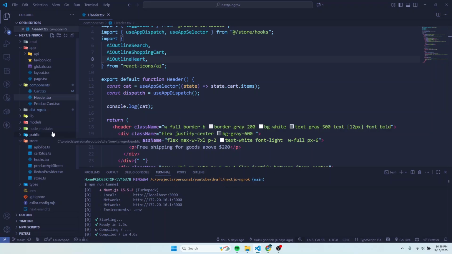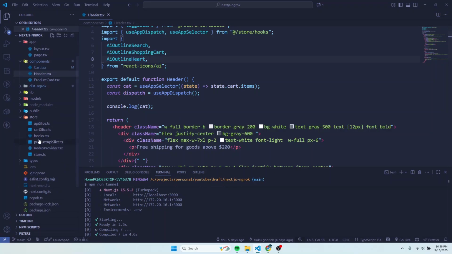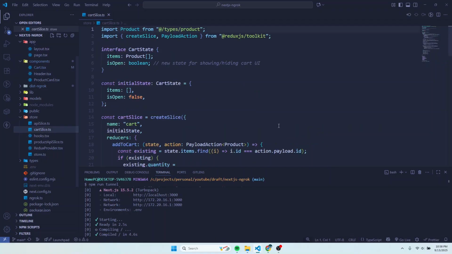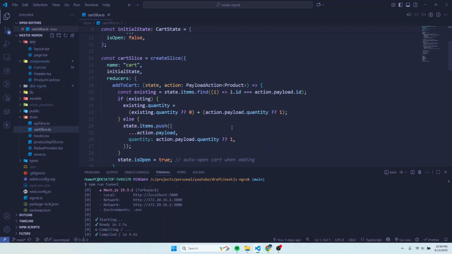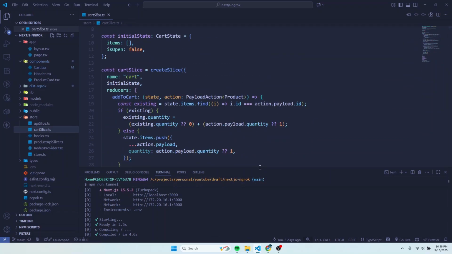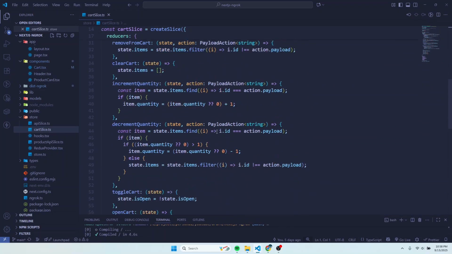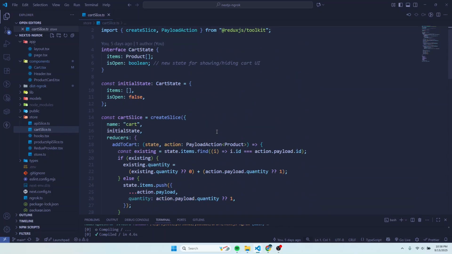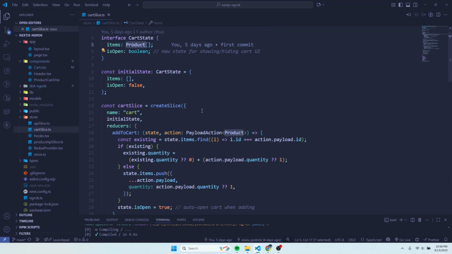After that, I'll go back to the shopping cart Redux. So I have the cart slice. In the cart slice, what is happening is that I'm able to create an array. Initially, my cart is empty when the page loads, and I'm only able to update my cart based on the events, the conditions that are coming into my Redux